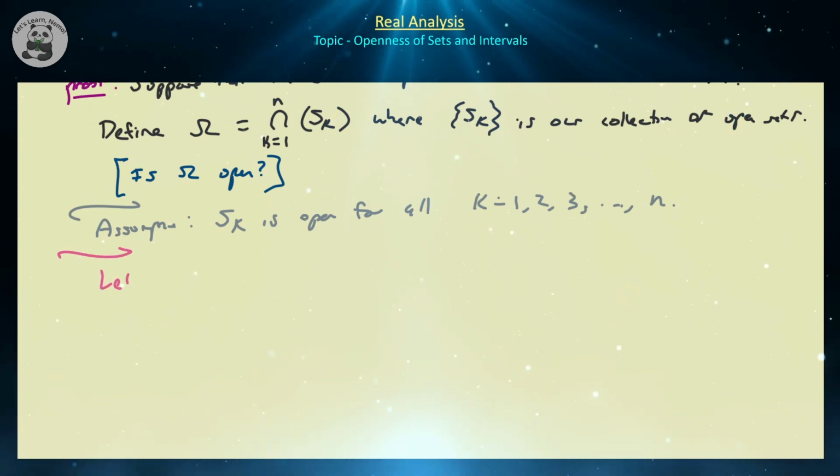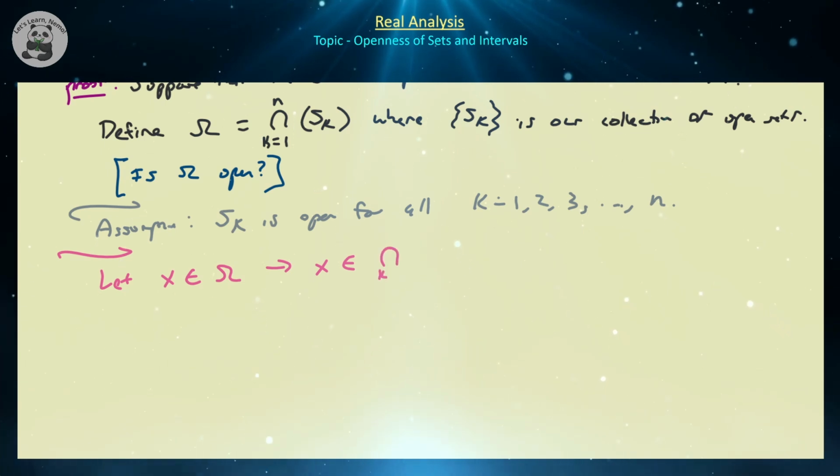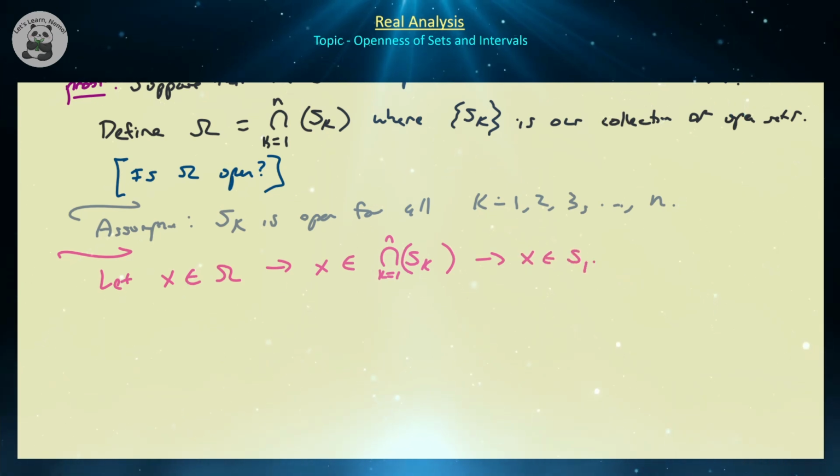The first thing we're going to do is choose an arbitrary element inside of omega, which is a fancy way of writing x belongs to the intersection from k equal to 1 to n of Sk, right? So if it's in the intersection of all of them, that means x belongs to Sk, and this is true for all k, not at least one, but for all k